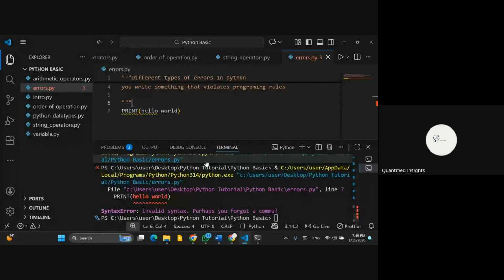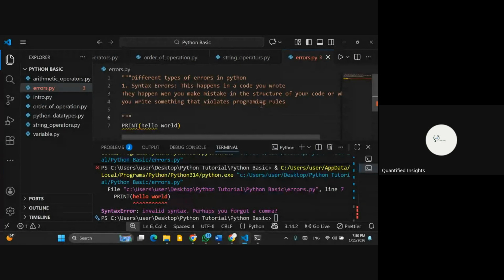So you come up with syntax error when you write code that violates the rules of programming. When the structure of your code is wrong, you come up with syntax error. Now, the next error we have